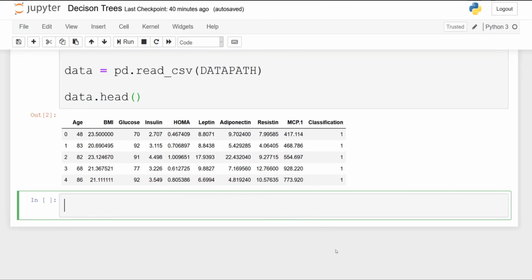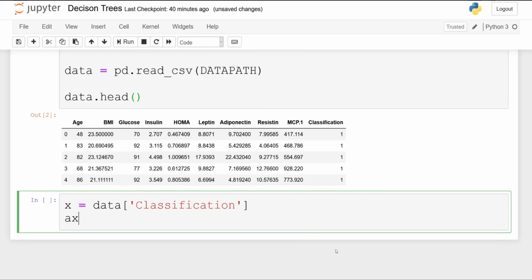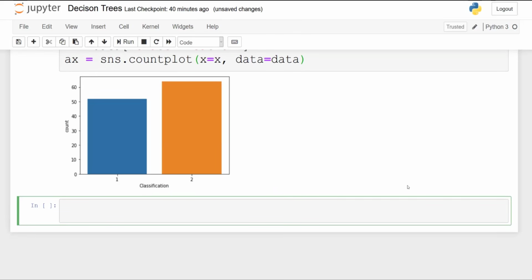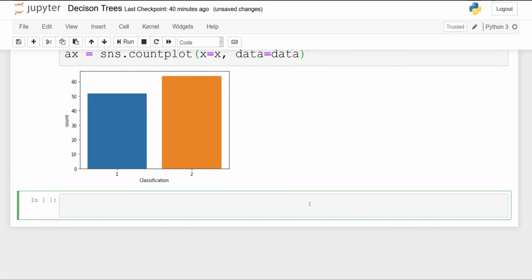Perfect. Now we are going to check if our dataset is balanced, because we are in a classification problem, so I want to make sure that we don't have too many healthy patients or patients with breast cancer in the dataset. That would make it imbalanced. So we'll use the count plot, and as you can see, the classes are fairly balanced here, so we do not need to do some crazy manipulations in this case.